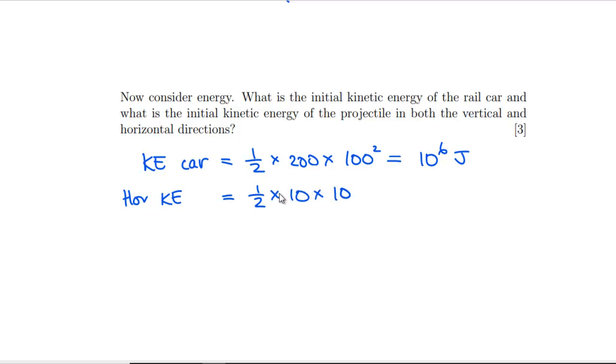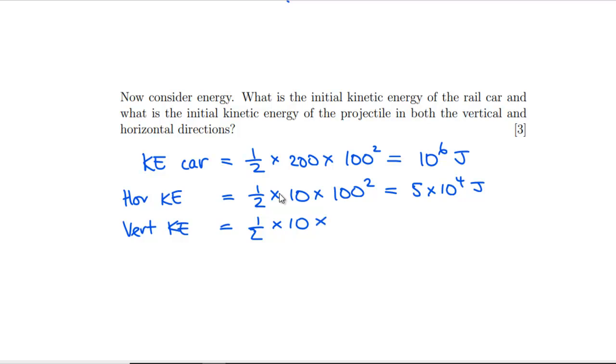Times, well, that was 100 as well. So yeah, we just ended up with something considerably smaller on that. So that's going to be what we got, 10 to the 5, halve it, so 5 times 10 to the 4 joules. And then the vertical kinetic energy is going to be a half times 10